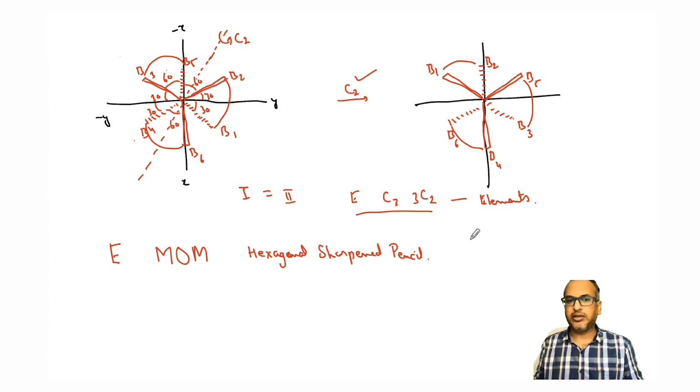So pick up any object around you and see which has some symmetry. See what symmetry elements are present, so that this particular concept of visualization is very, very clear in your heads. Okay, otherwise it will keep on accumulating, and you will face a lot of issues in the later part of the course. Okay, so that will be all.